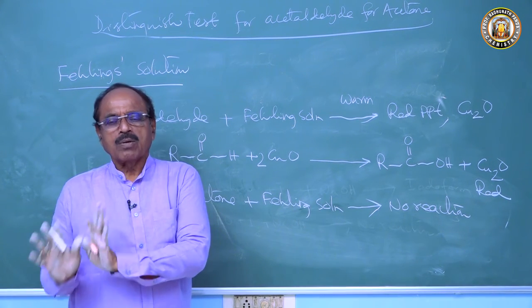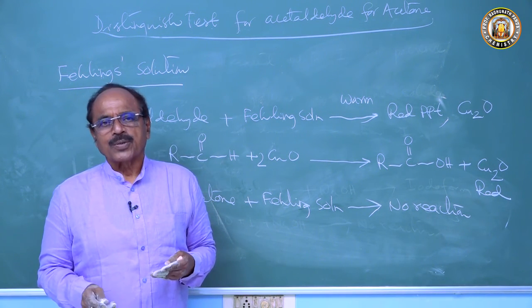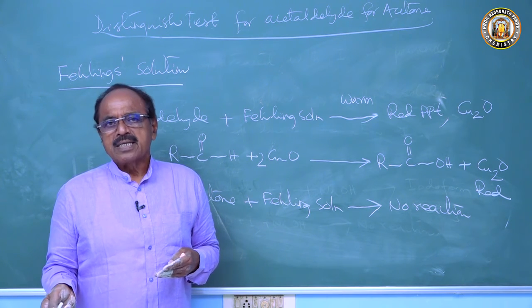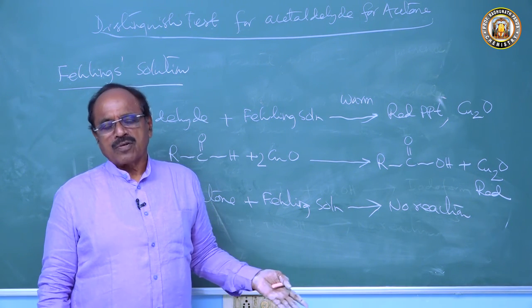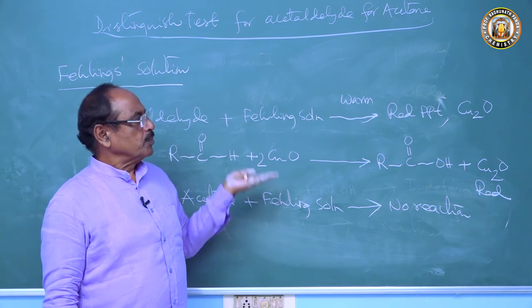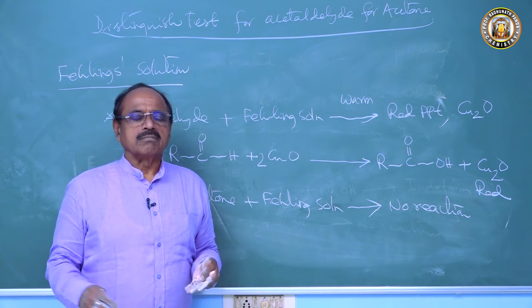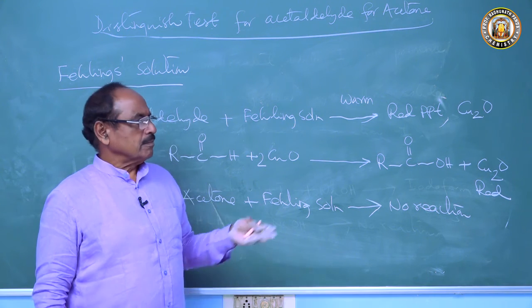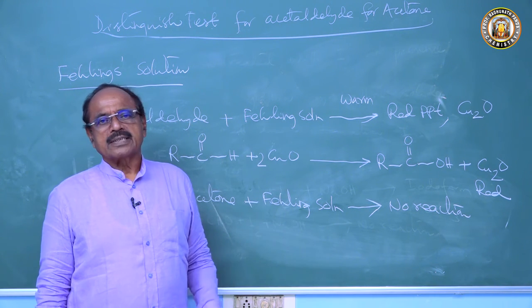So now you know you have the carbonyl group. Then you distinguish whether it is aldehyde or ketone. You do the iodoform test. If it forms iodoform, then it is acetaldehyde, not formaldehyde. To confirm that it is not a ketone but an aldehyde, you do the Fehling solution and Tollens reagent tests.